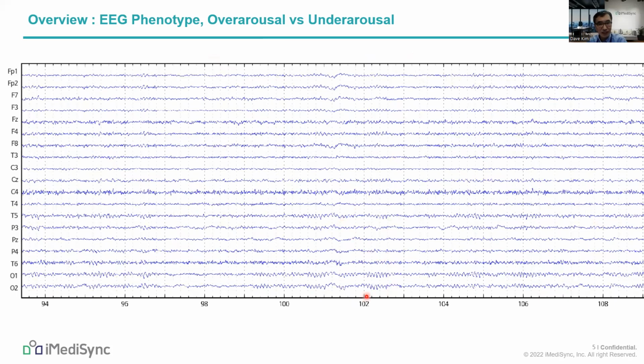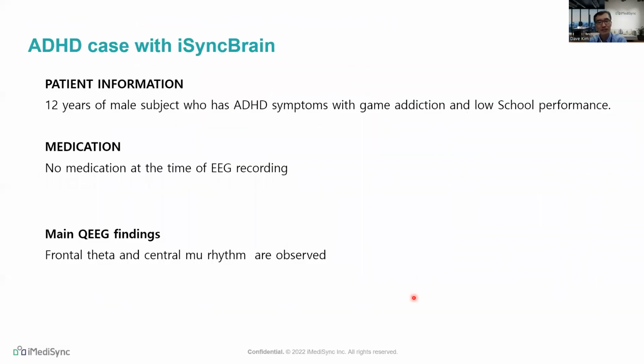In this case, you can see there is a lot of alpha, with very small alpha amplitude, but a lot of oscillation. Usually, this is a 1 second period. Usually 10 hertz is normal, but in this case, there are many oscillations here. The alpha frequency is very fast, and we can see a lot of small beta activity. This is the over-arousal. Basically, we have described the under-arousal and over-arousal.